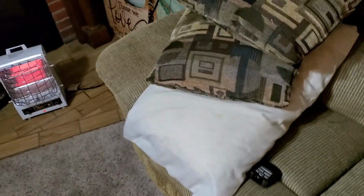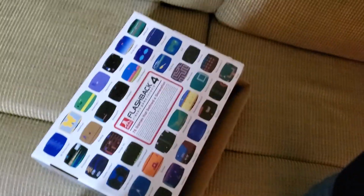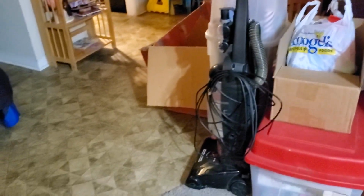I never understood how to play these Atari games. They're simple. How do you not understand how to play an Atari game? Too old school for me. I remember we used to have this hooked up in the...